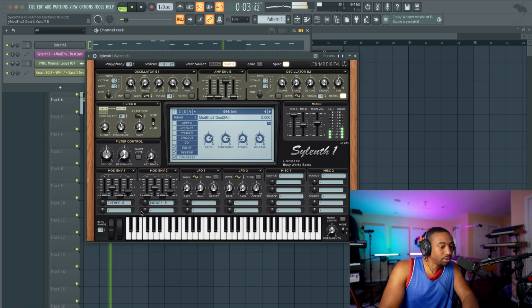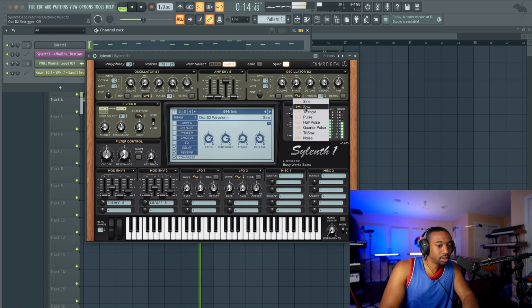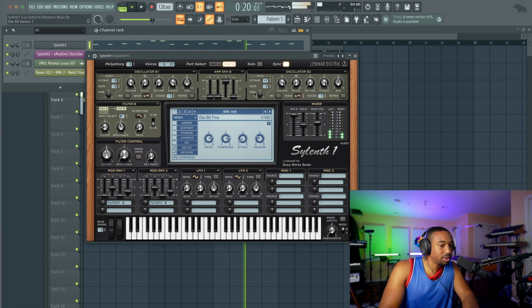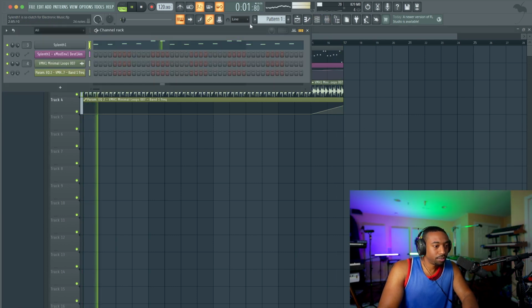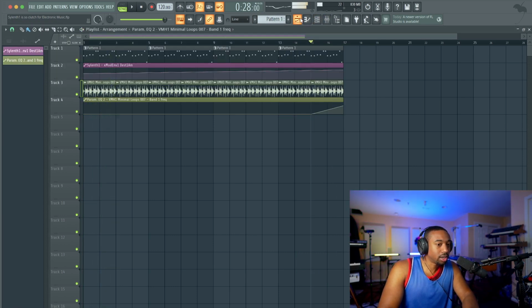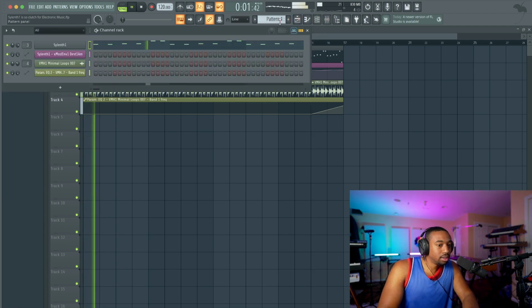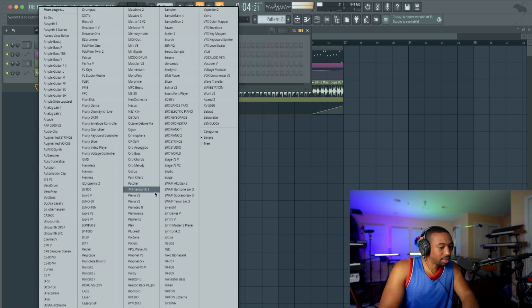So if you go to part A, you can copy to filter B so that you have the same setting. I'm going to do the same thing with the filter here. So now we're adding more tones with the sawteeth. Now we're just thickening up the sound here. You can add octaves, you can do a bunch of stuff. Let's copy the amp envelope over. Okay, even though we already have a bass, let's add one more sound.